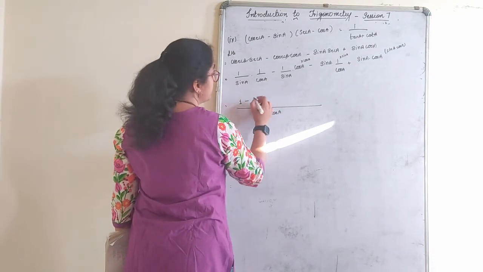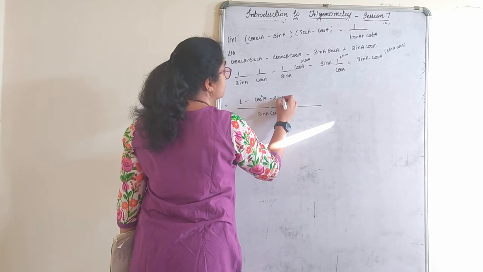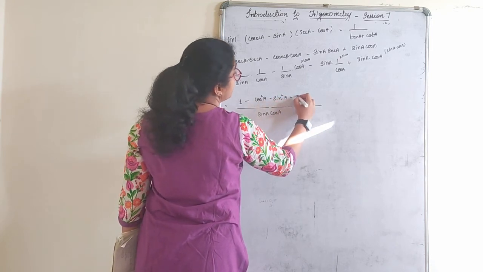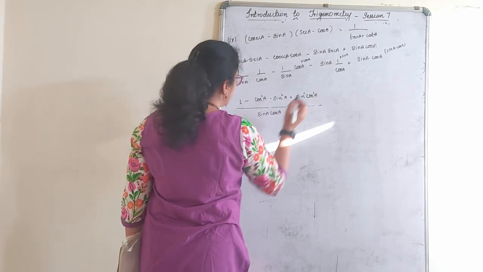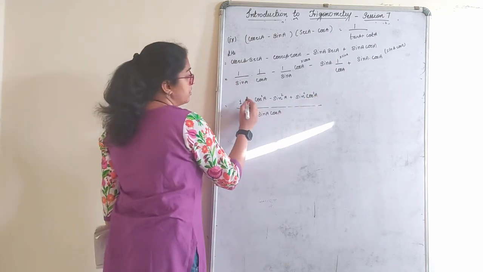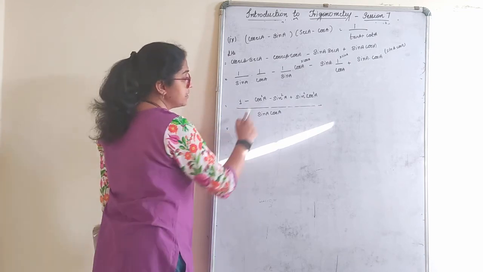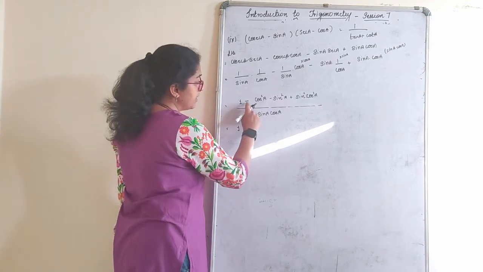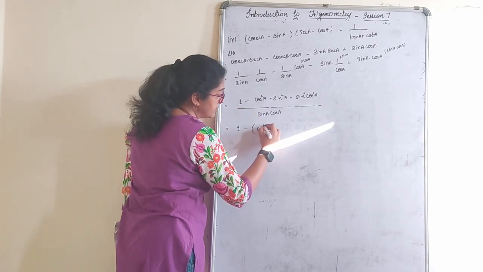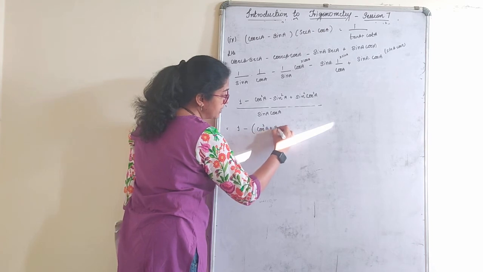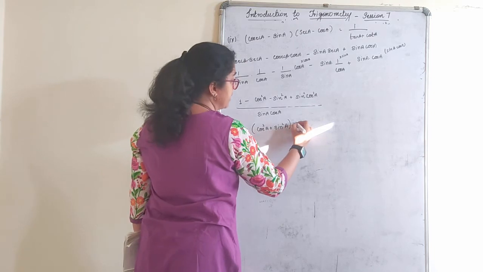So 1 minus cos square A minus sin square A plus sin square A and cos square A. Okay? Minus is there here. If I take minus in the bracket, can I write this in terms of cos square A plus sin square A? Can I write this? Minus I have taken in the bracket.